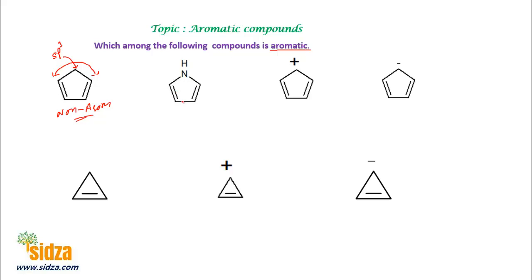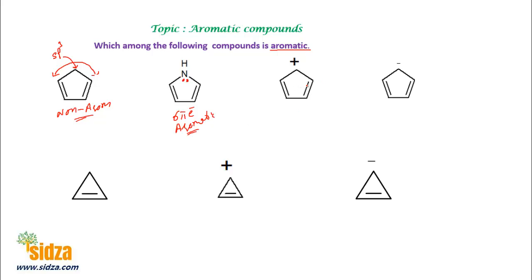Next molecule here, we have a double, single, and then we have a nitrogen with a lone pair of electrons. See, this lone pair of electrons is also in the conjugation. You have a double bond, single bond, and then a lone pair. And this electron pair will also undergo resonance with these pi electrons here. So therefore, the total number of electrons in the resonating ring here will be 6 pi electrons. So this molecule is cyclic, conjugated, and contains 6 pi electrons. So it is an aromatic compound.